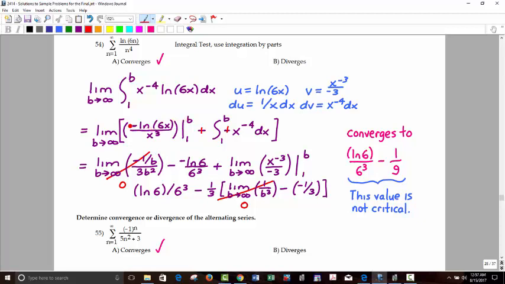So now I put the b in there. There's a negative in front. 3x squared is now 3b squared. That's going to go to 0 as b goes to infinity. That takes care of that. You put 1 in here, you get negative ln of 6 over, I have 6 cubed, which I don't think that's right. That should probably be 1 cubed. Well, anyway,